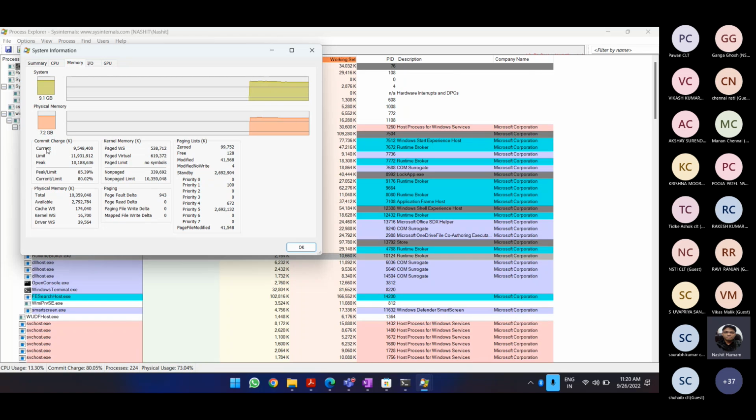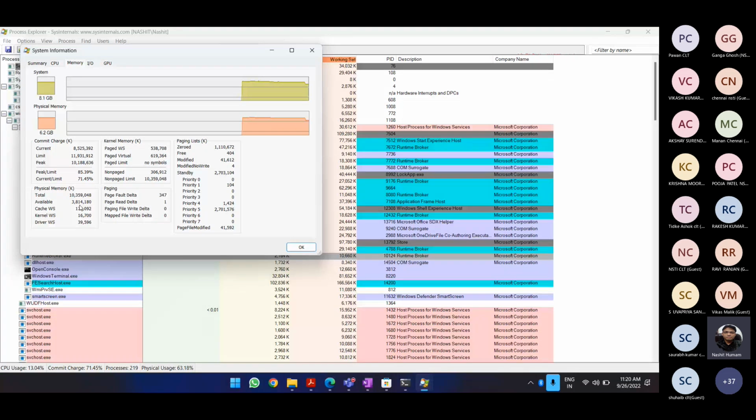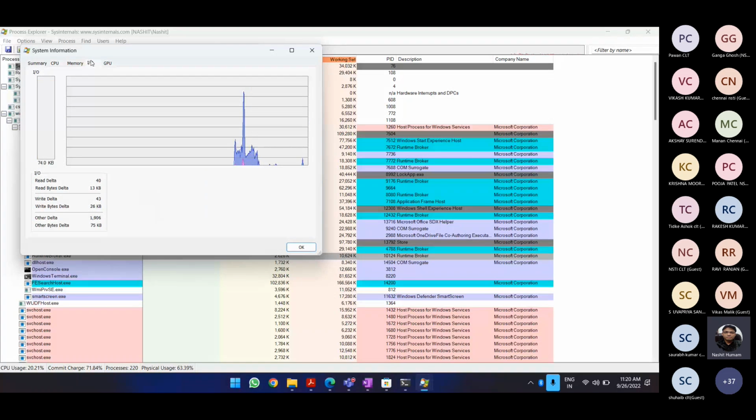Now commit charge, maximum 85% was used. On an average 79.7, yeah, 71.63% is being used right now. The total memory available, the cache memory, the kernel. So what is used where? So virtual paged kernel memory. So it will give you the complete details of whatever things are being used, whatever resources, and which is using